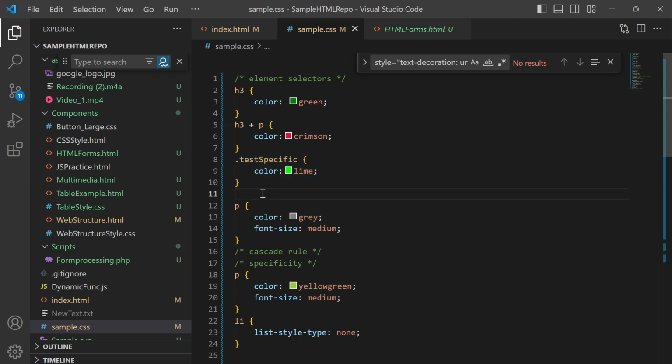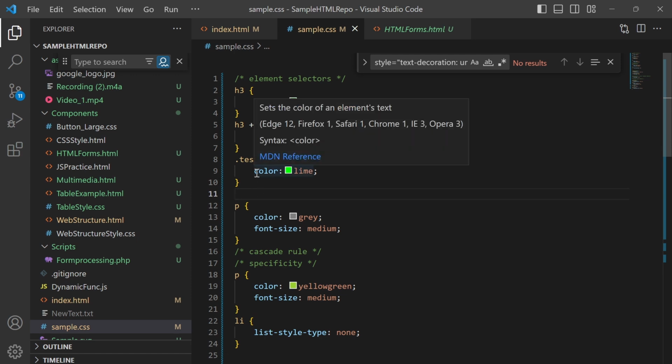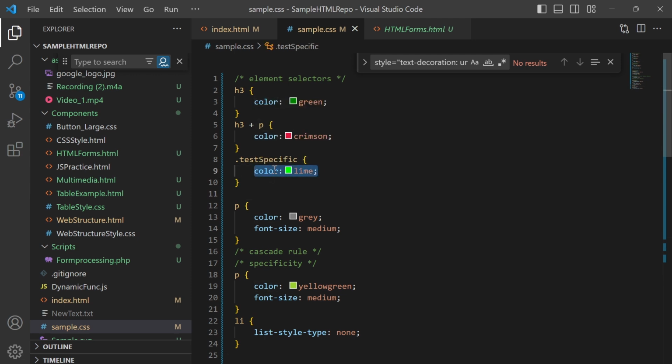But the class selector is more specific, it has more priority. So that p tag takes the color line, okay? So this is a very important rule. Whenever you face any CSS issue, these rules will always be applied. These rules work behind the scenes in how CSS works. So you will not face any issue when you know how these rules work. Okay,